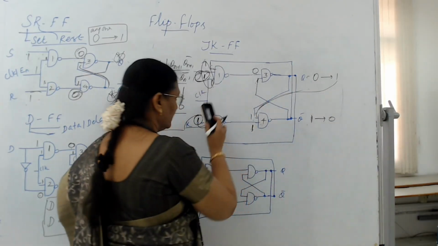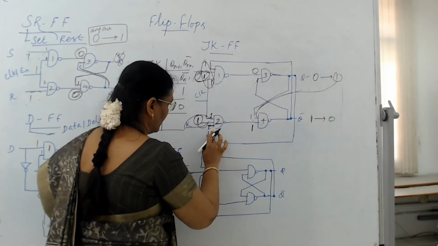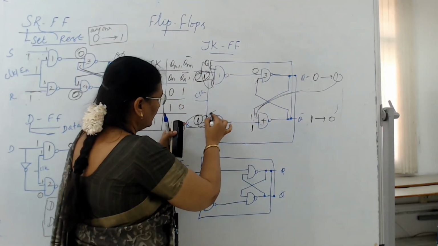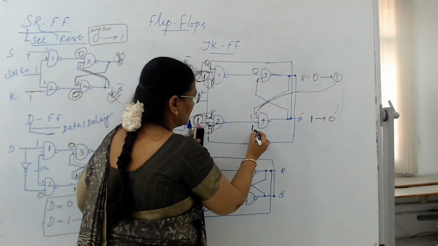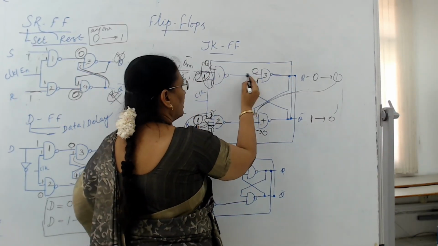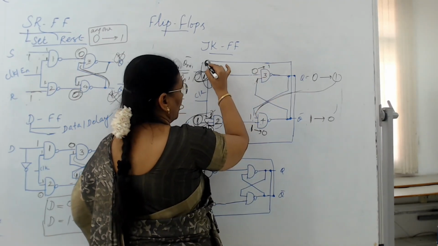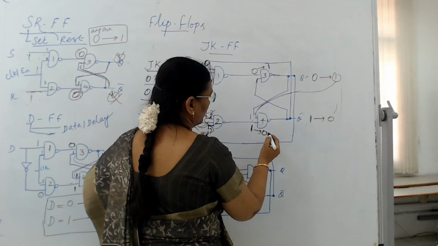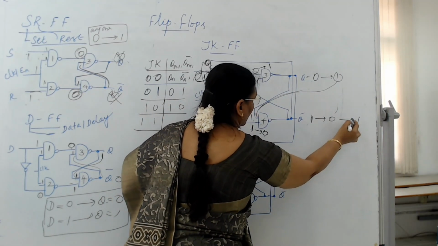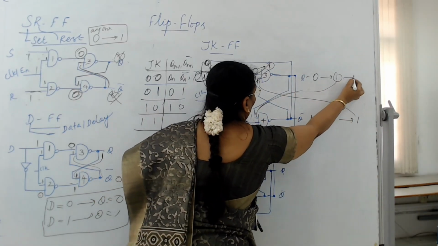Now again, if you give the clock, the feedback will be changed here. So here it is 1. This 1 will come here, then this 0 will go here. If all the three inputs are 1 here, then it will make the changes. Previously it was 1, now it is changed to 0. 0, 1, 1. Previously the output of the first NAND gate was 0, but now it is changed to 1 because one input is 0 here. So here it is 1, here it is 0. Since one input of the fourth NAND gate is 0 here, it makes the output 1. So this 1 will go here. 1, 1, so the output will become 0.